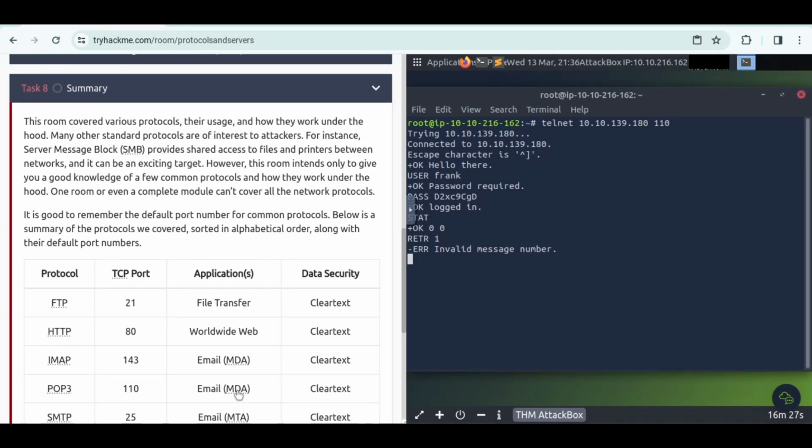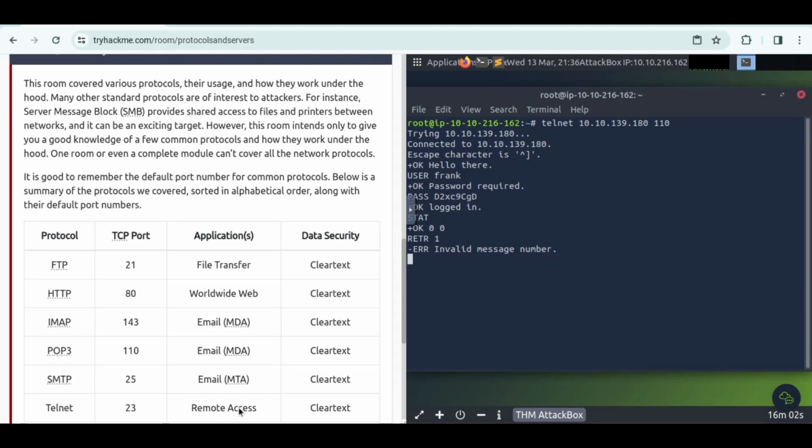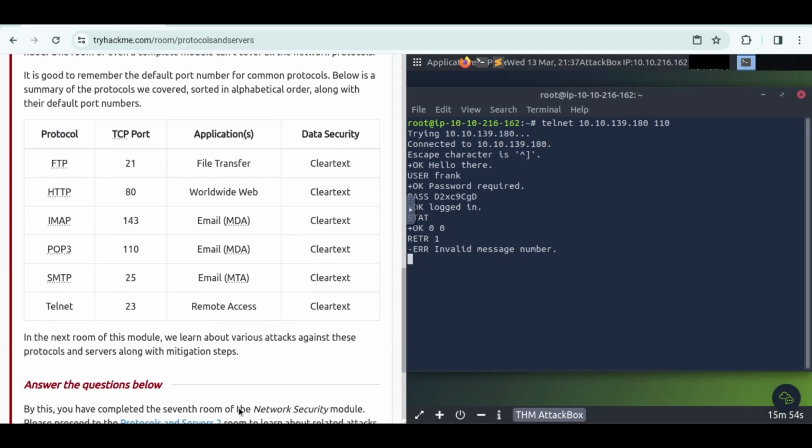This room covered various protocols, their usage, and how they work under the hood. Many other standard protocols are of interest to attackers. For instance, Server Message Block (SMB) provides shared access to files and printers between networks, and it can be an exciting target. However, this room intends only to give you a good knowledge of a few common protocols and how they work under the hood. One room or even a complete module can't cover all network protocols. It is good to remember the default port number for common protocols. Below is a summary of the protocols covered,